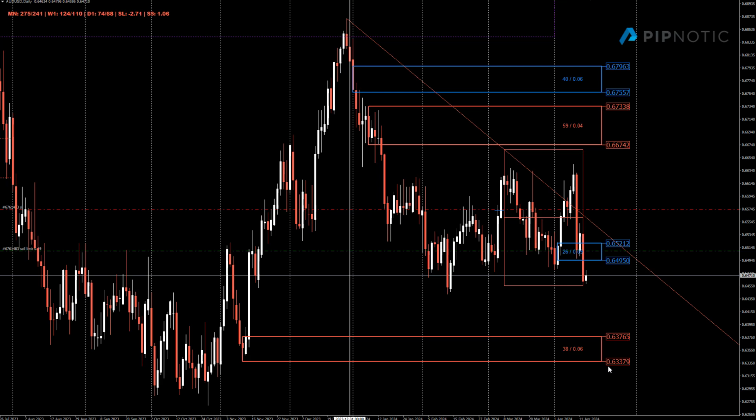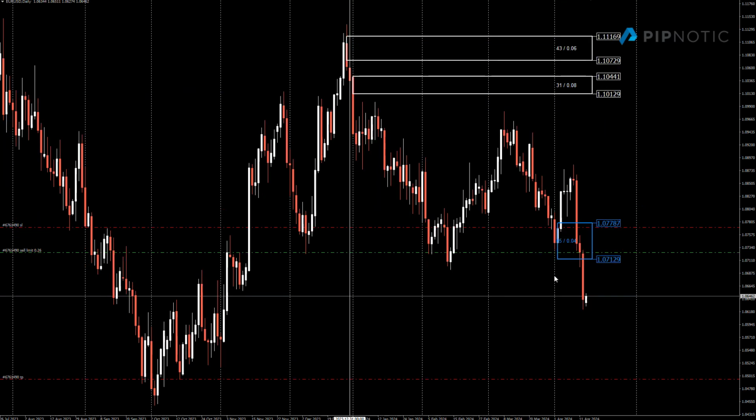Okay, so I think should prices come back to here, around the 0.6380 to the 0.6340, I think we should probably see some reactions at around that area there. Keep your eyes on that. The American dollar, sorry, the euro versus the American dollar. We can move this now to here.